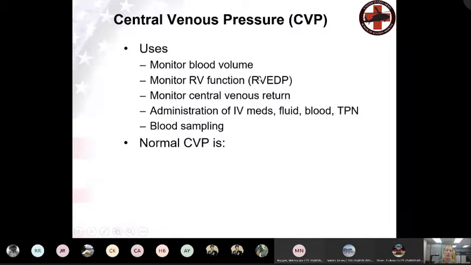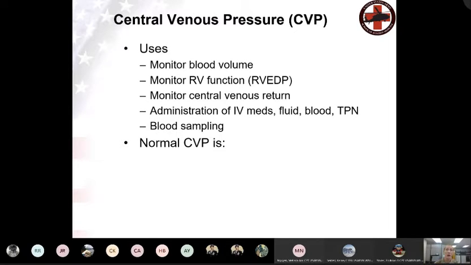Okay, we've talked about this just a little bit. We use these to monitor blood volume, end diastolic pressure, central venous return, IV meds, fluid, blood. Now, it is rare that we will necessarily be monitoring the pressure of a central line in our environment. You are only going to have so many ports available to you, and if I have, for instance, a